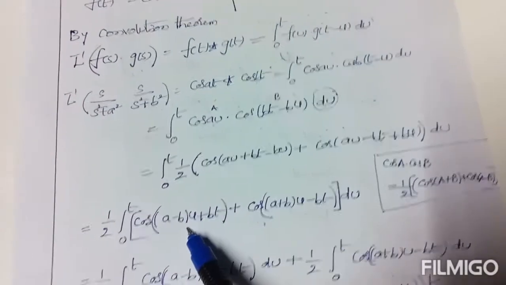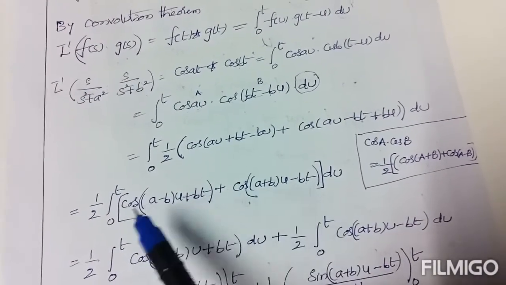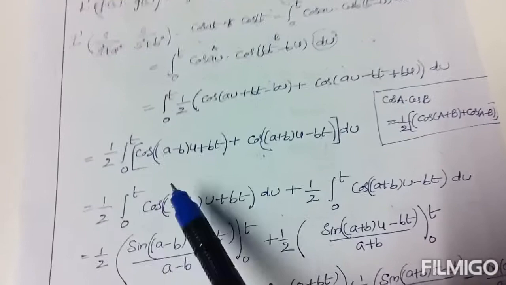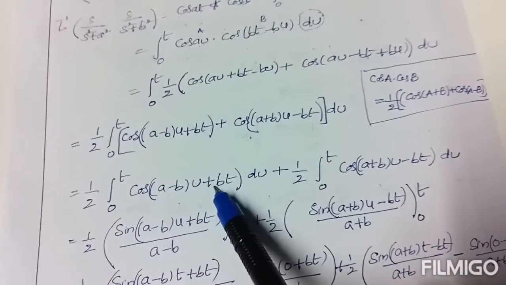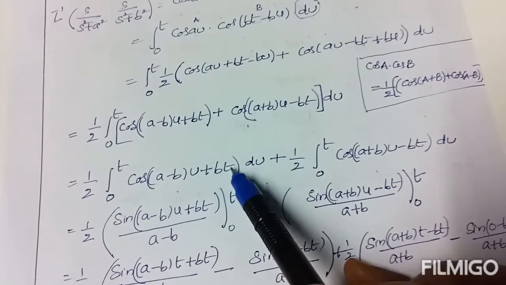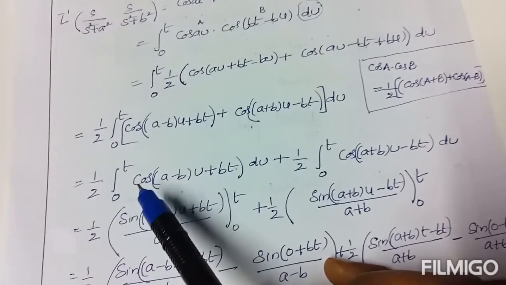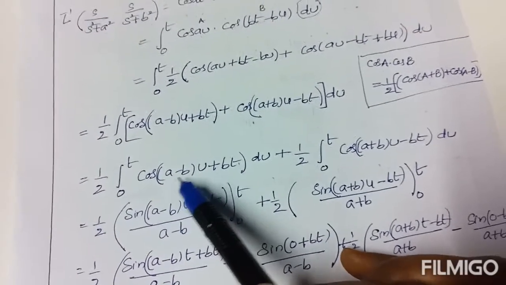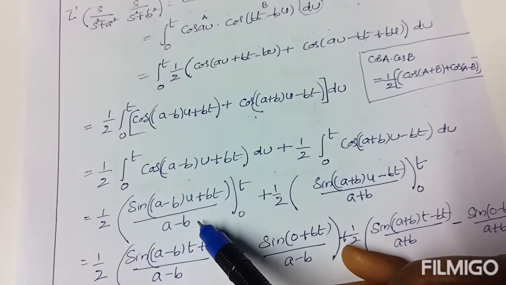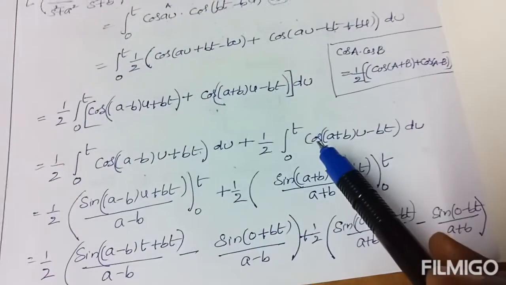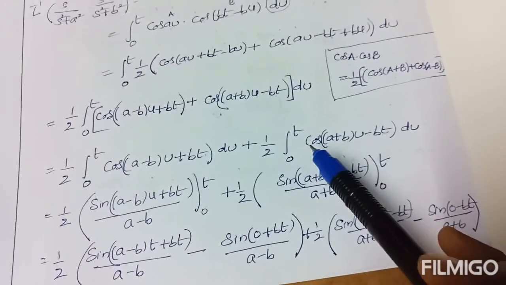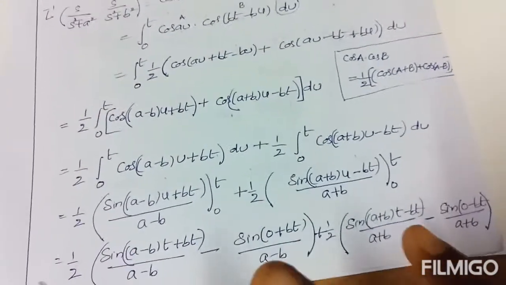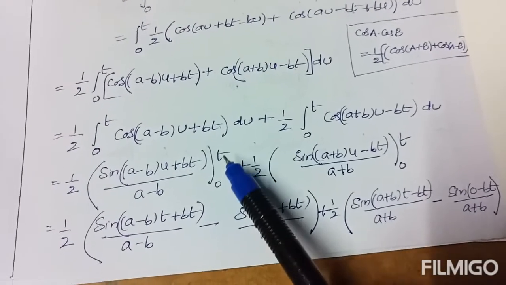Now in the last step there is only a single function in each and every term. Now we can apply integration to each and every function. Integral of first term, integral of second term. Now this is in cos at form. Integral of cos at is sin at by a. Here the u multiple is a minus b, so you should write u times a minus b, plus 1 by 2. Here it is also in cos at form, so sin at by a, where a is nothing but the u multiple a plus b. After completion of integration you have to write limits 0 to t.